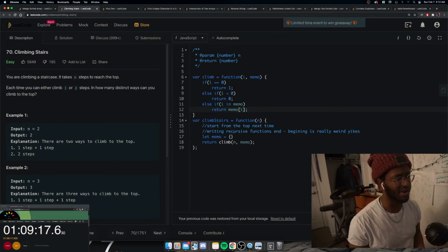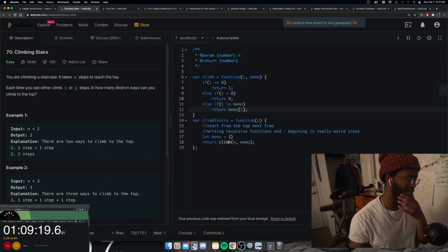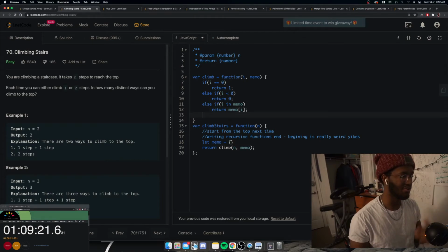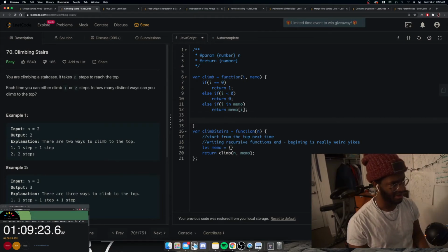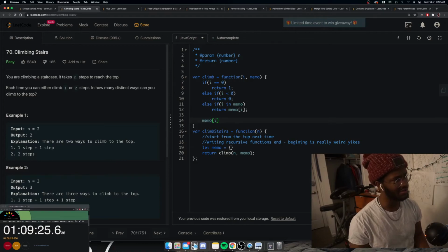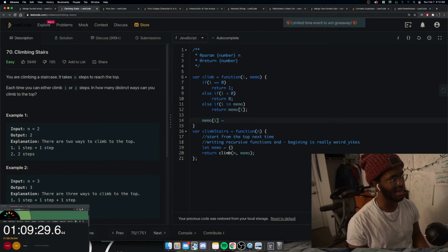We calculated this value already, right? So why even try and calculate it again when we know the value already? And then, if none of those things are true, which means we've never climbed from this step before, then to optimize this problem, what we're going to do is say, hey, climb